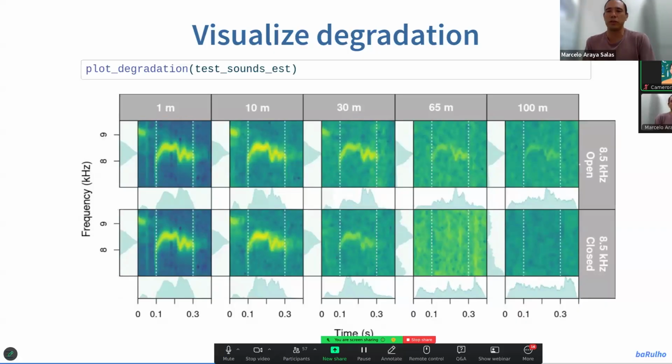As I said, there are functions to do similar visualizations in the package. For instance, this function, plot degradation, is using these annotations that we got after aligning the re-recorded sound files. But this one is taking one sound at a time, right? In this case, we have the distances in the columns from 1 meter to 100 meters. And then we have a single example sound, as I said, an 8.5 kilohertz sound, and we know that it is modulated